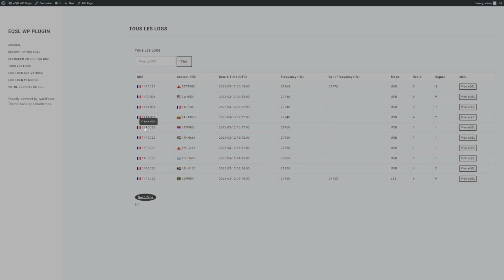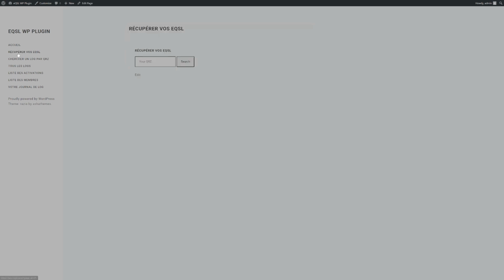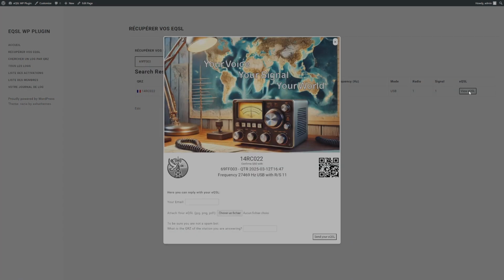So for example, I did a QSL for 69 Foxtrot 003. Imagine now I am that guy, 69 Foxtrot. I come on the website. I want my eQSL, so I go to get my eQSL. I enter my call sign and I do search, and I find that one for Romeo Charlie 022 contacted me and he did a QSL for me. Here, view my eQSL, and I can grab the eQSL he did for me